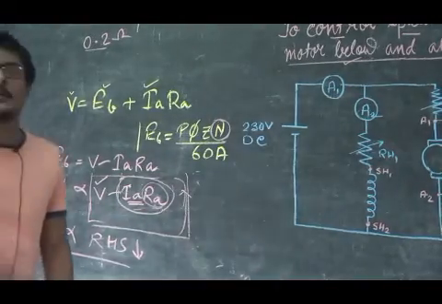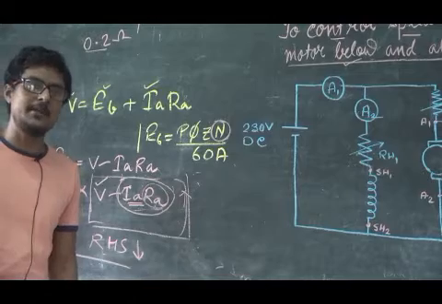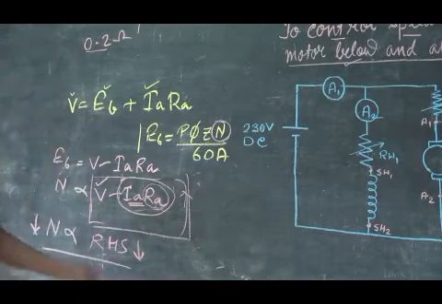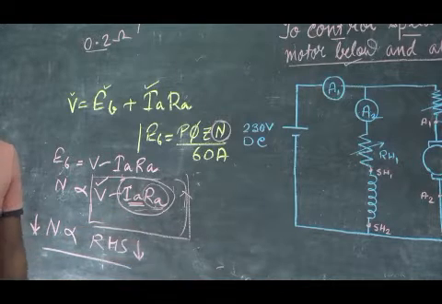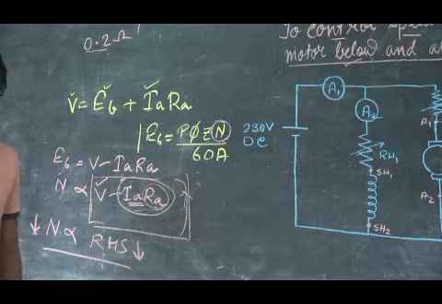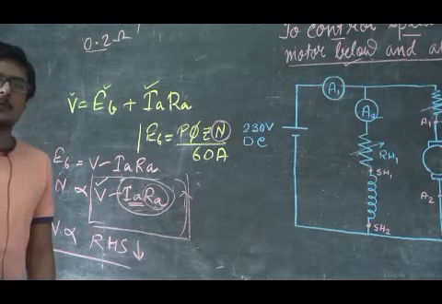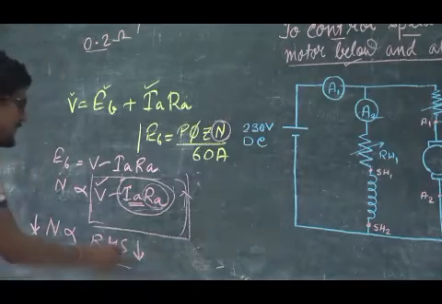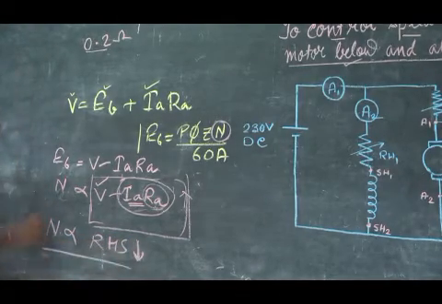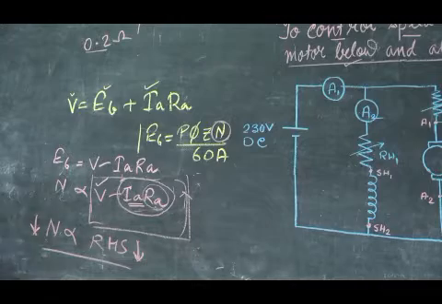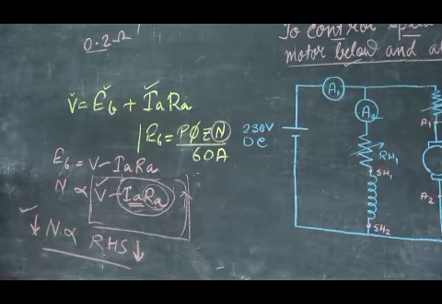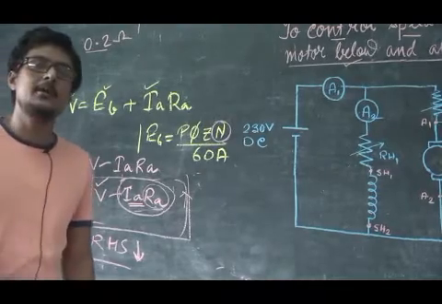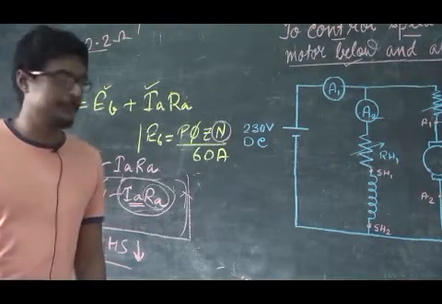That reference point is the normal speed. That means the motor will be running at normal speed when there is no additional resistance attached with the armature. And when we attach the armature resistance as external resistance and the overall resistance value decreases, then the RHS term decreases and at the same time the speed will also decrease. This is the fundamental due to which armature voltage control is the method to control speed below the normal speed or rated speed.